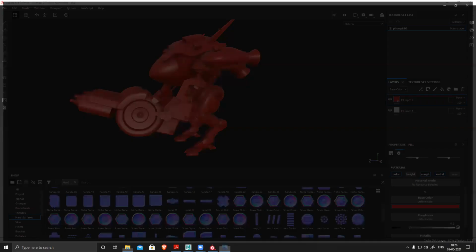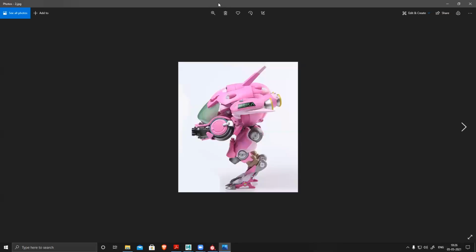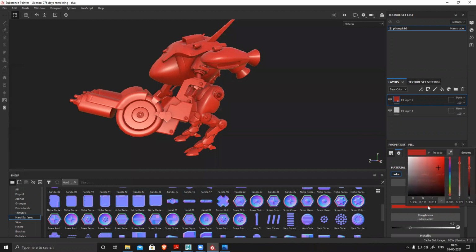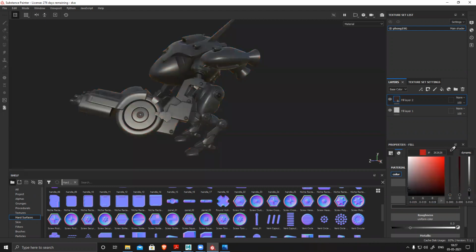So I open it. You open this thing and keep it wherever you want. Then I want to pick this color. You can pick any color from any other software or anywhere on your computer. Just click on this and you have the picker. Now, click on the picker without releasing the left mouse button.